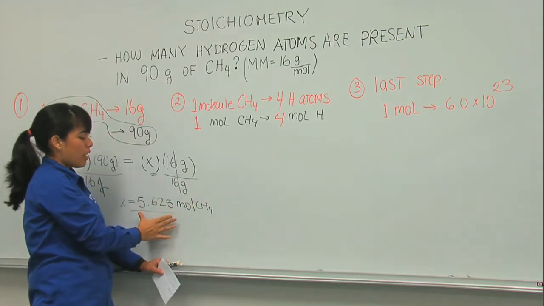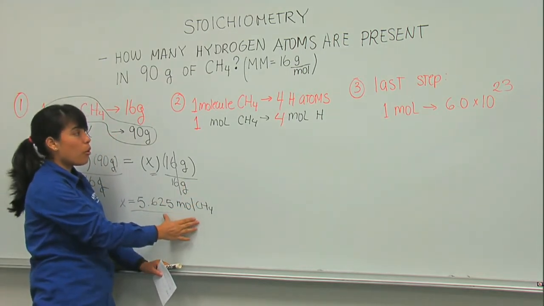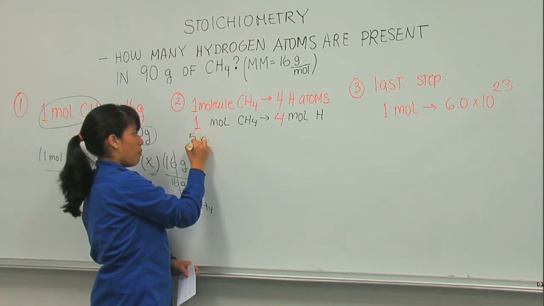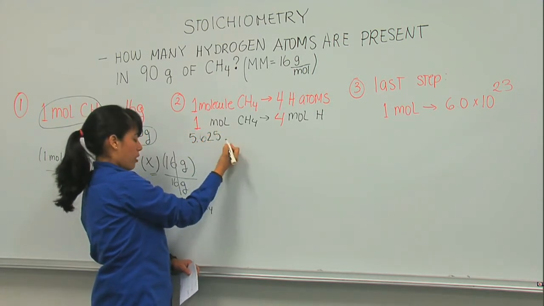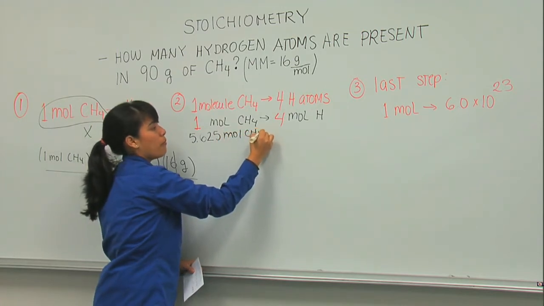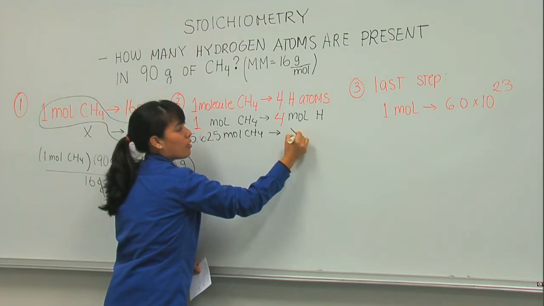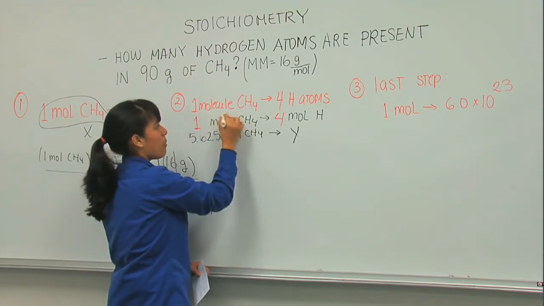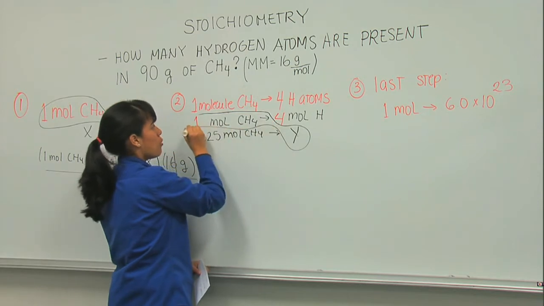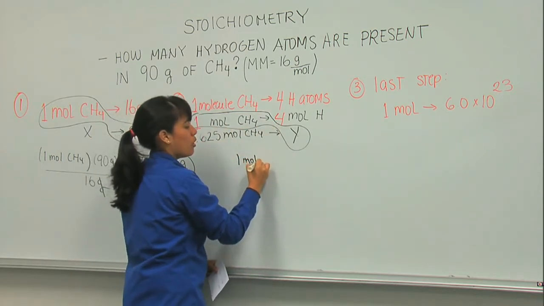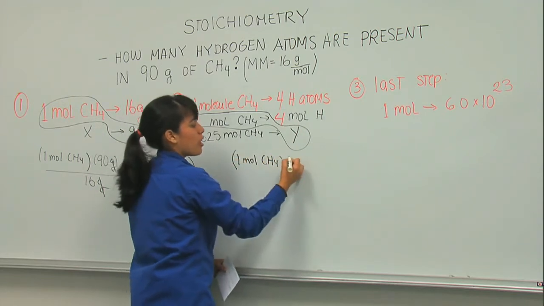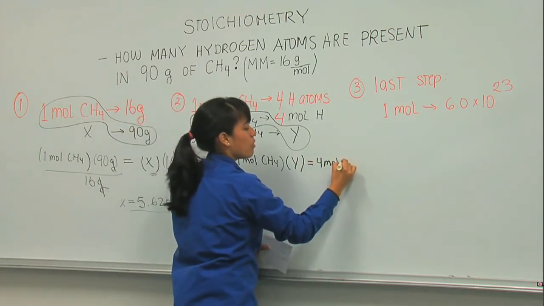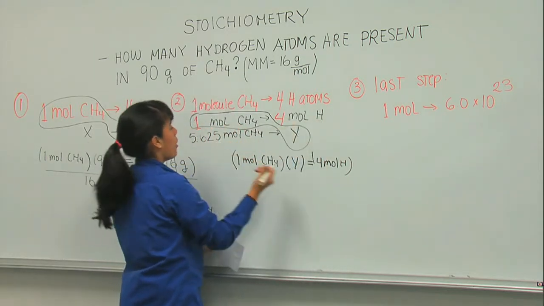And I know that in my problem, they have given me 5.625 moles of CH4, because that was my previous calculation, and I put it here. 5.625 mole of CH4 is going to be a certain number of moles of hydrogen, which is Y. So I'm going to do the same method, cross multiplication, 1 mole of CH4 times Y is going to be 4 mole of H, right? Times this guy here, which is